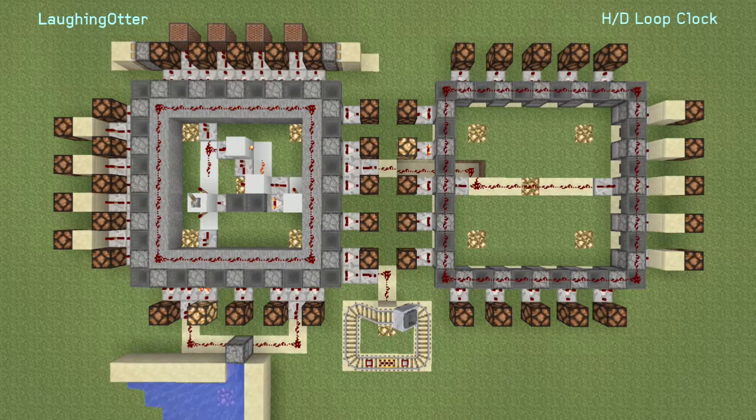Secondly, around the timer, we have the HD loop itself. Here we have a loop of 20 hoppers and 20 droppers, a size which I've chosen for the demo purely because the timer fits neatly inside it. Now what happens here is that every time the timer pulses, all the droppers fire, making that ticking sound, and